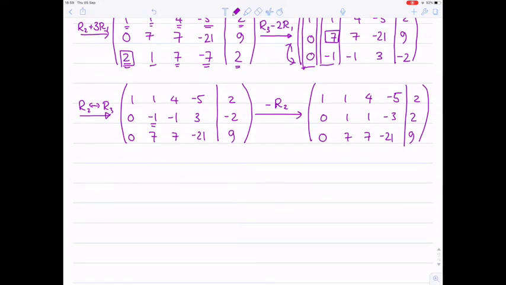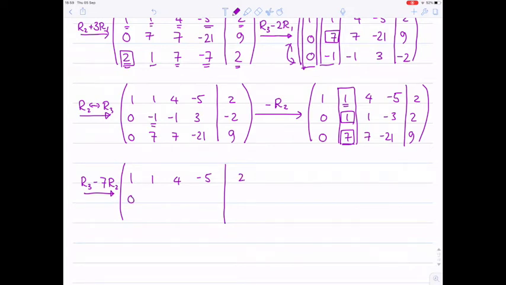And we're getting to where we can actually start dealing with our second column zeros. So this 1 is my leading one in that row, so I need to turn this 7 into a 0 and then that 1 into a 0. Let's deal with the 7 first, so I'm just going to subtract 7 times row 2 from row 3. So it's going to be row 3 minus 7 times row 2, not changing first row, not changing second row,